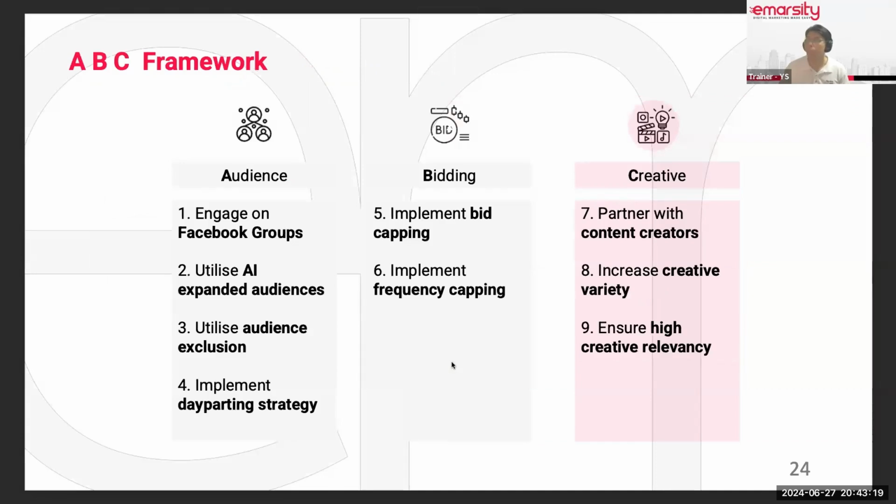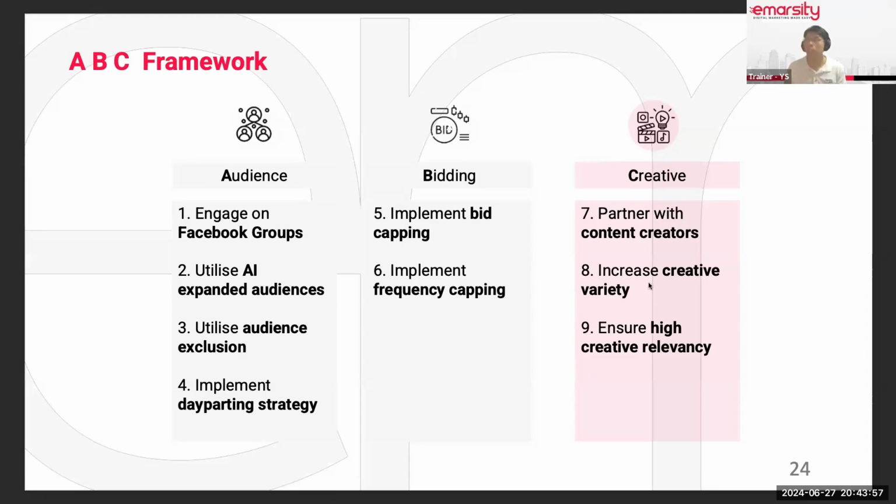Okay, let me recap the creative pillar. For content creators, one way to work with them is to sponsor a product or service. Just invite them, or send them a product, and ask them nicely whether they will do a review on it. They do content very fast, very agile, and those who do it very well can see high engagement. You can also ask them, can I use your content? I want to run a paid ad on it. You get the content, a win-win for you, while the content creator gets more exposure also.